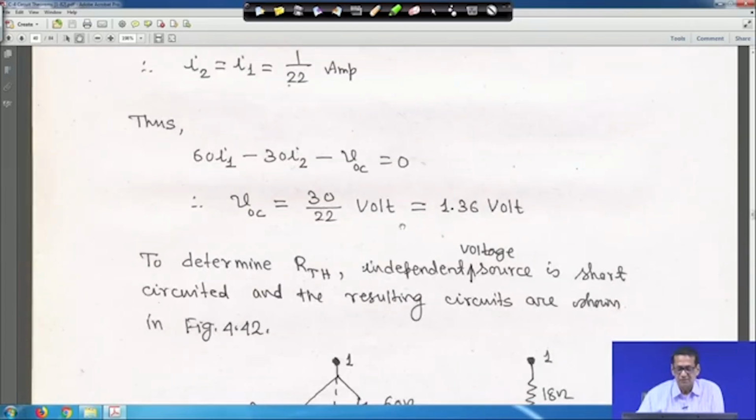here. So, we got VOC is equal to 1.36 volt. This is V Thevenin, VOC is equal to V Thevenin, there should not be any confusion. Now, next is